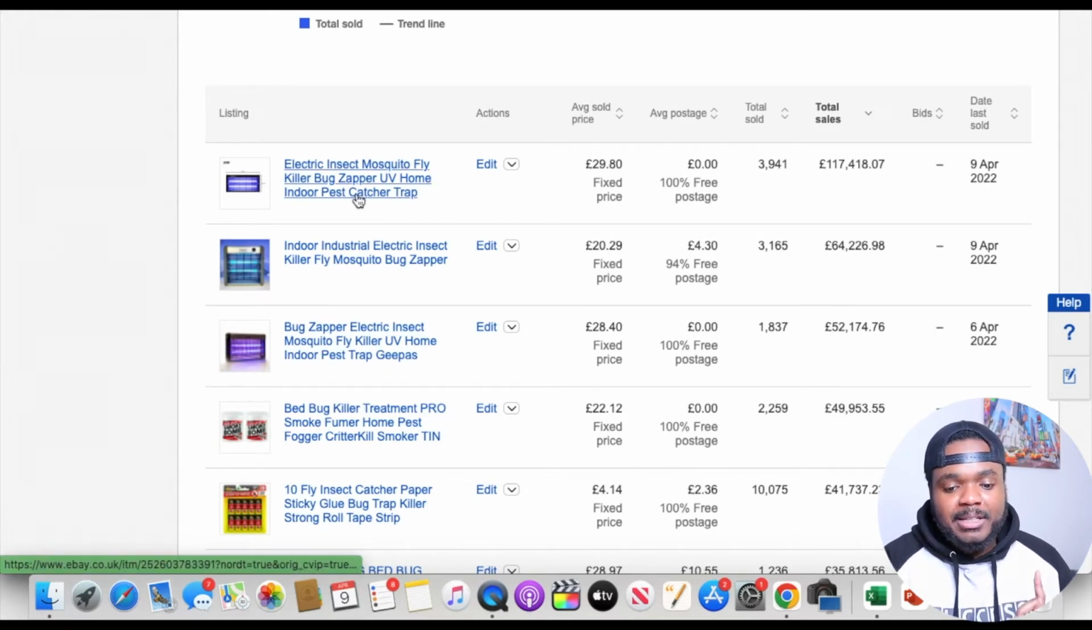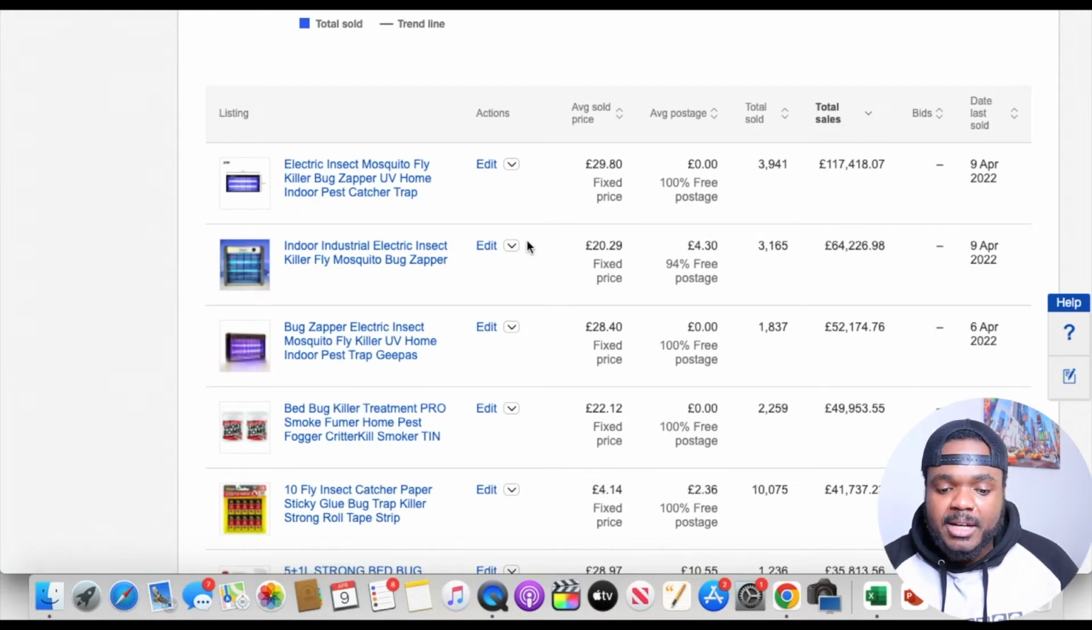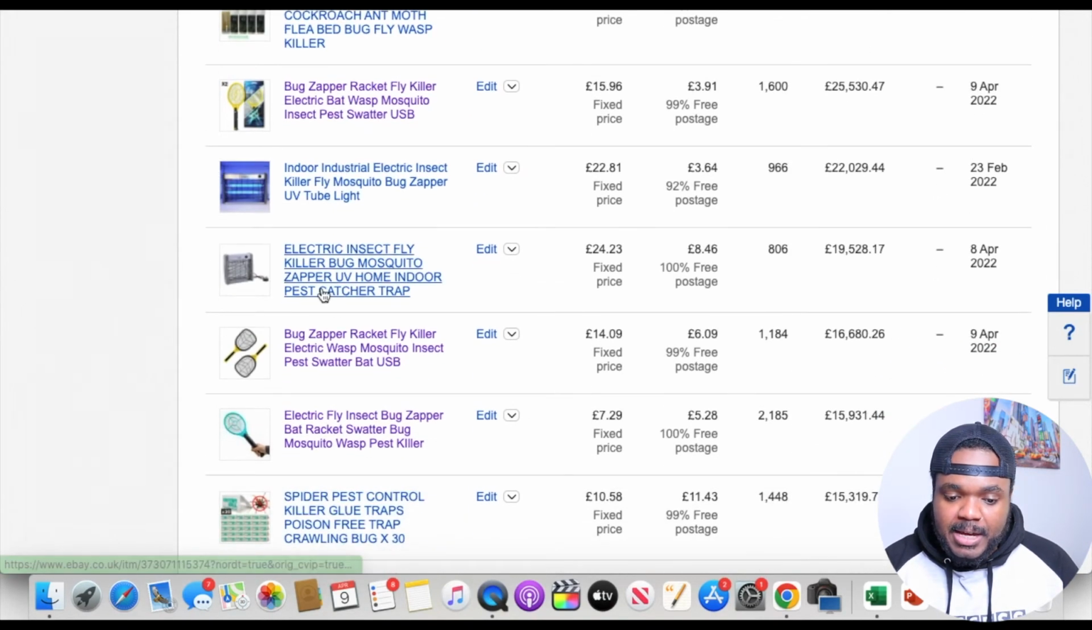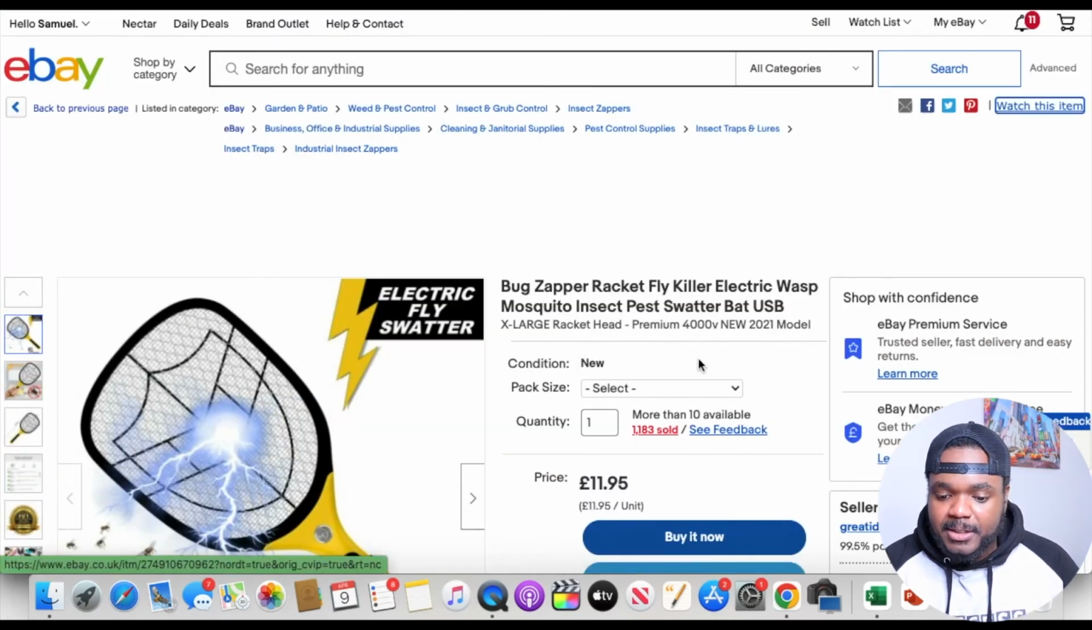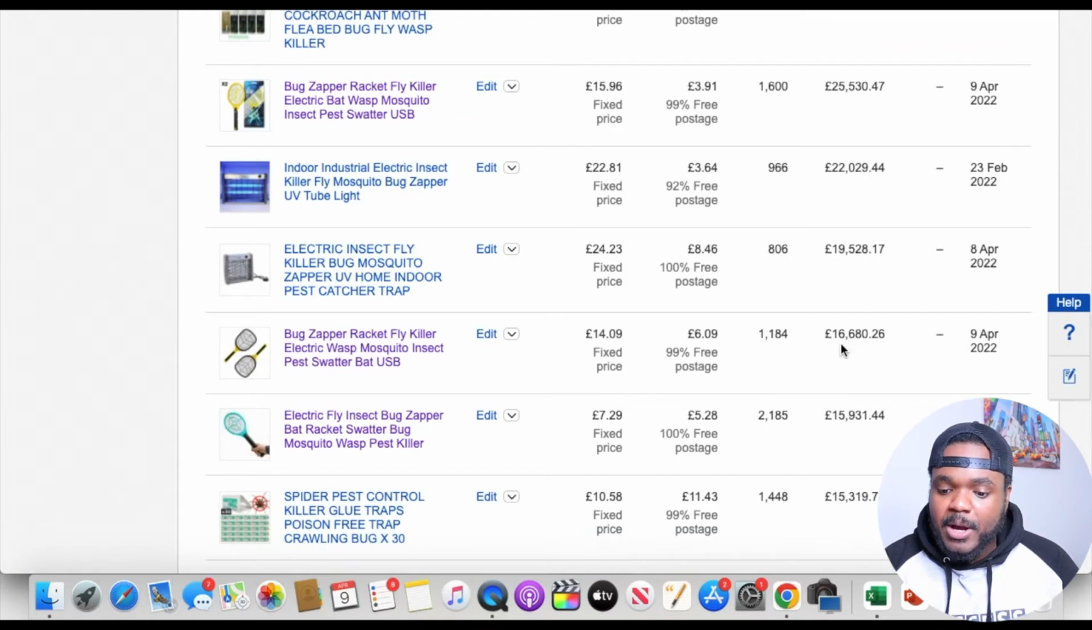So for example, we can see that there's this bug zapper here that made over £117,000 in the last year. Scrolling down a little bit more, we can see that there's this type of bug zapper right here. So let me just click into it. We can see that this seller was able to sell over 1,000 units. And according to Terapeak, they were able to make £16,000 from this